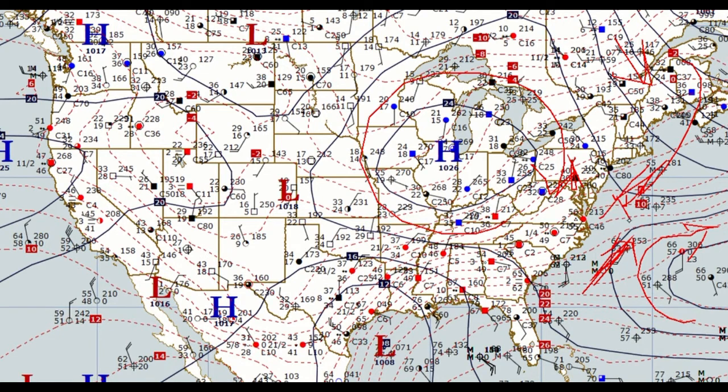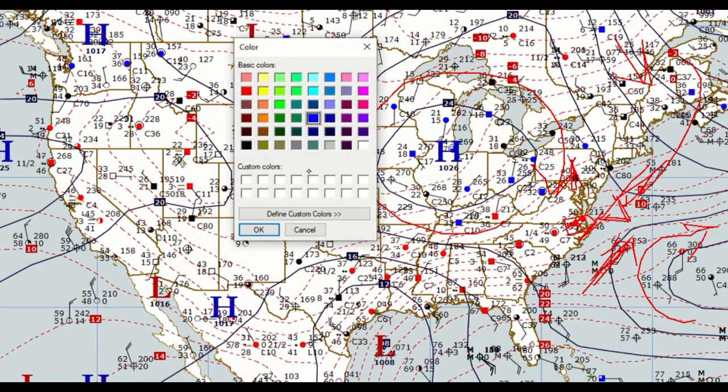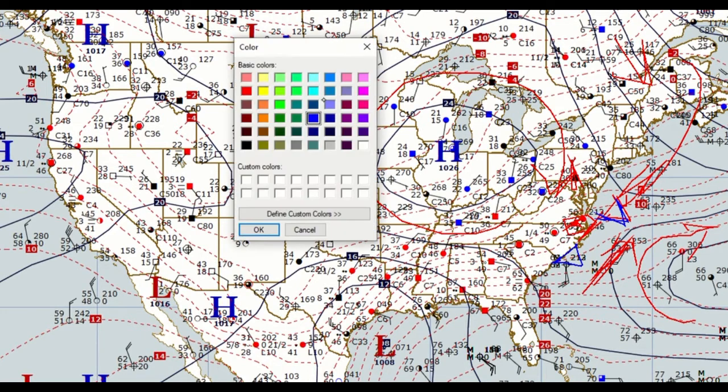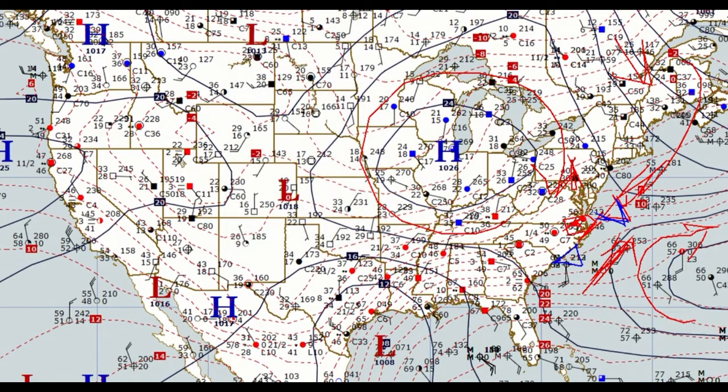So then that front becomes, I'm not going to have the right colors. It should be red on the warm side, and on the cold side that should be blue. This is a mess. And then we're going to go stationary. Okay, it changes the colors on my lines anyway. So a stationary front between those two highs,